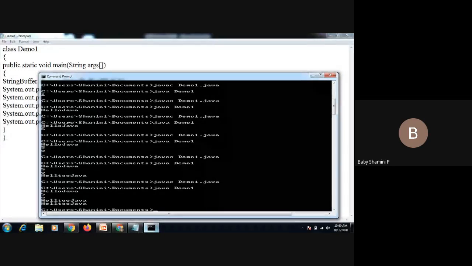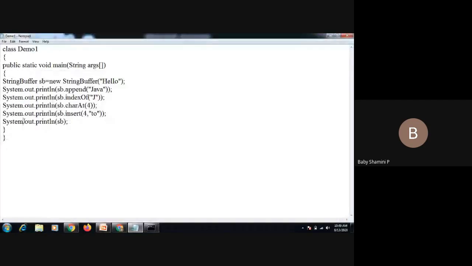In this way we can perform operations on string buffer, but in the string concept the original string cannot be modified. It is an immutable string. But in the string buffer class we can change the original string. So in this way we can create a string buffer class.